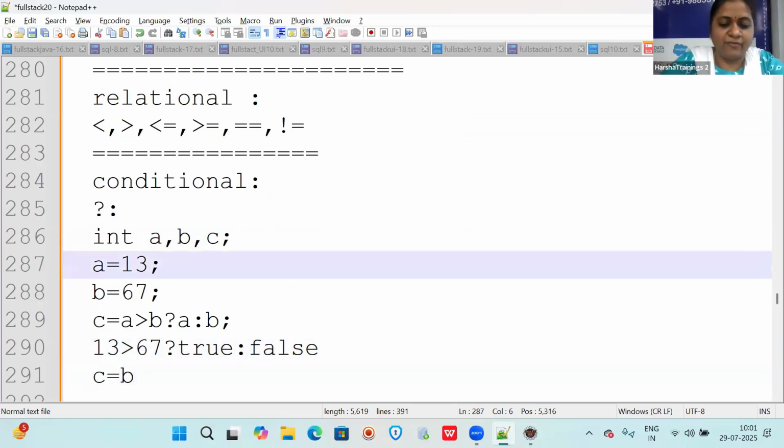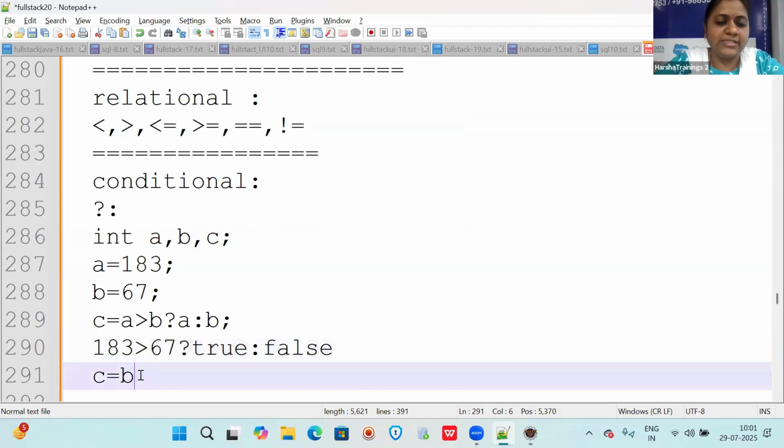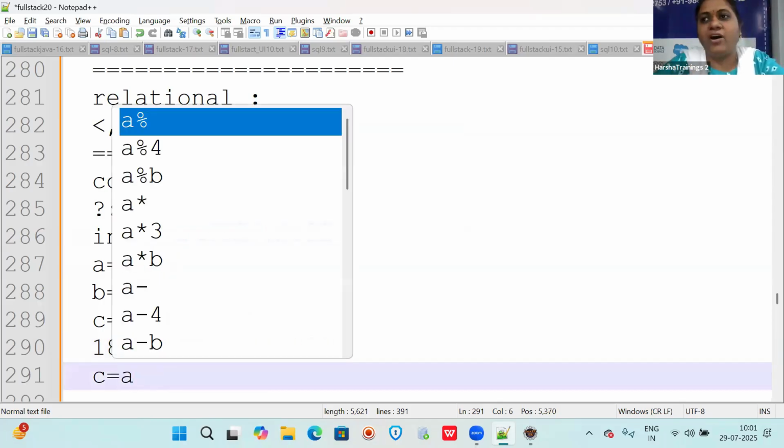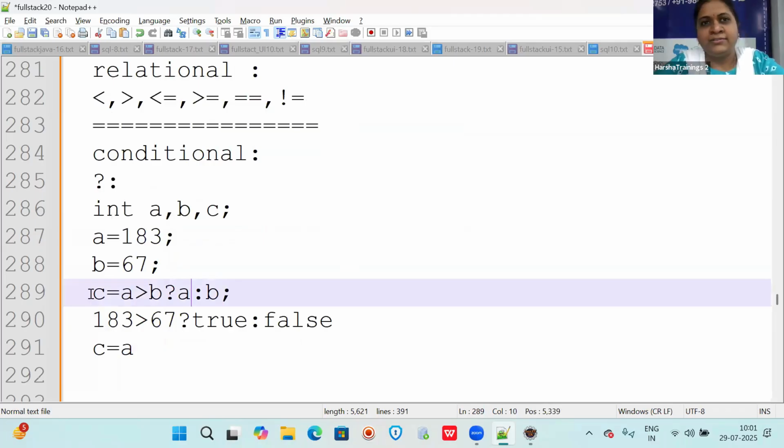Now suppose this is 183. 183 greater than 67? True. So this time c will get the value of a. Whatever you give in a will be the value of c. And if the condition is false, what is after the colon will be your output.